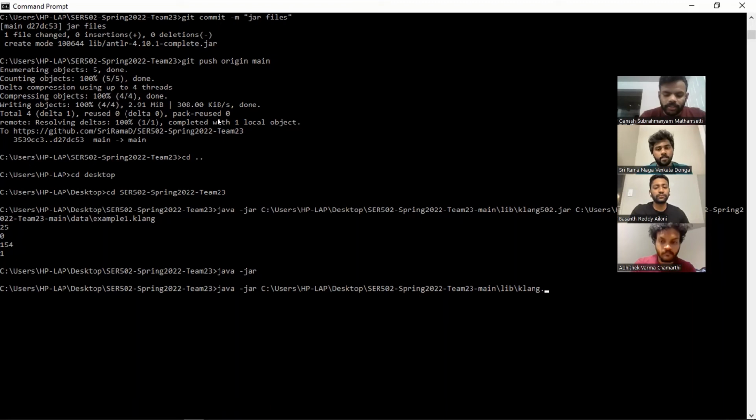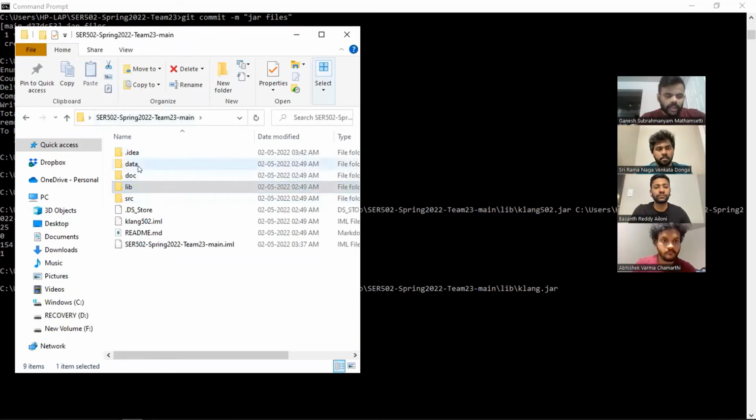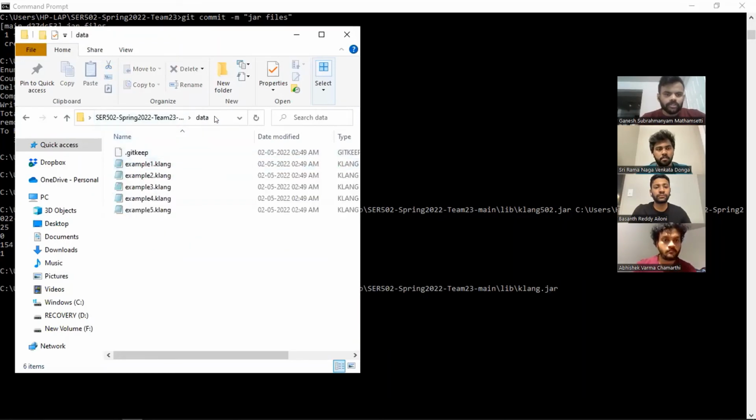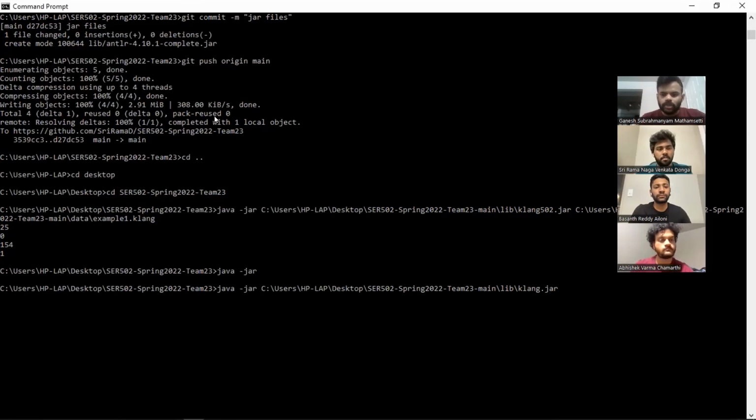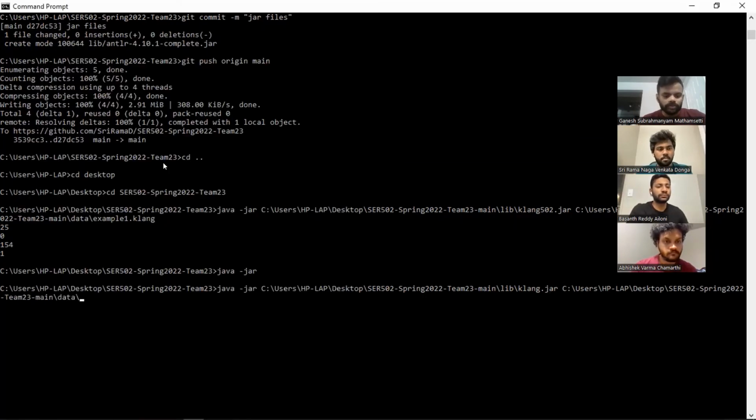As I mentioned earlier, it's a mandatory file. Then we give a space, and open the example codes folder. This is our codes folder, and we paste it here. Let's take example one, and the extension should be .klein. When we enter,